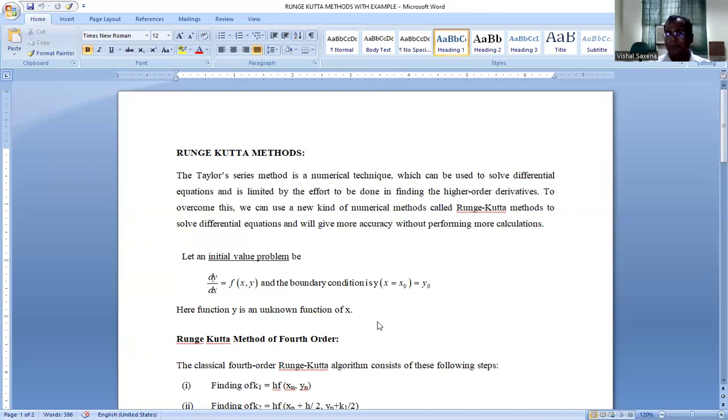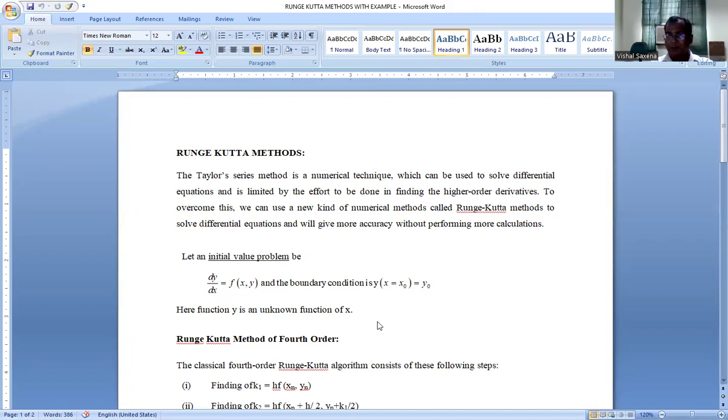First we have to understand what the Runge Kutta method is. Actually, the Runge Kutta method is a numerical method. As we all know, there are different numerical methods for solving ordinary as well as partial differential equations. This Runge Kutta method is one of the best methods among them, because it gives